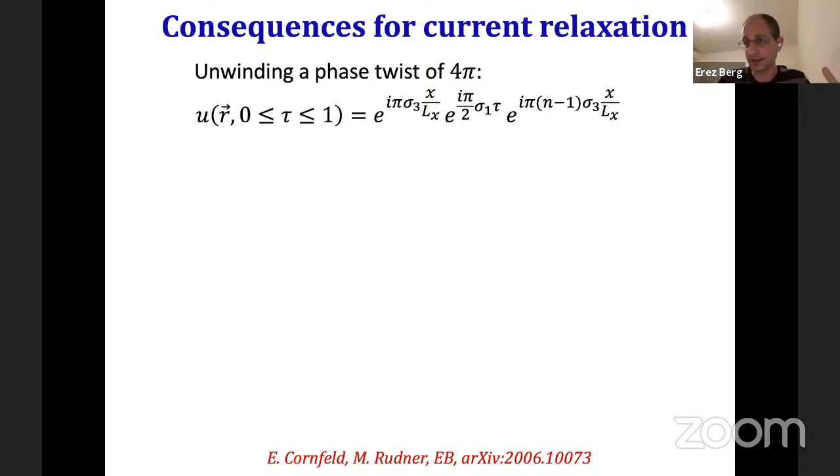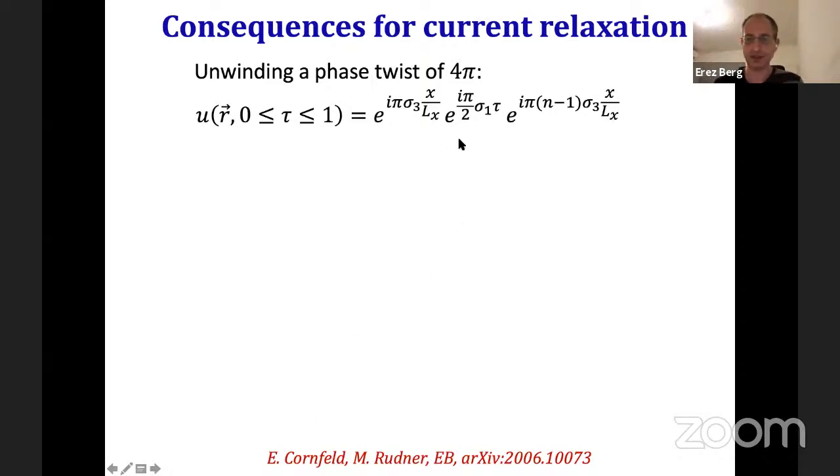Okay, so that process has a big energy barrier because it costs a lot of energy to create vortex and anti-vortex pairs, basically a logarithmically large energy in the system size. But here, this is not the case. There should be a way to relax the current without crossing any energy barrier. And that's really the special thing about this kind of superconductor.